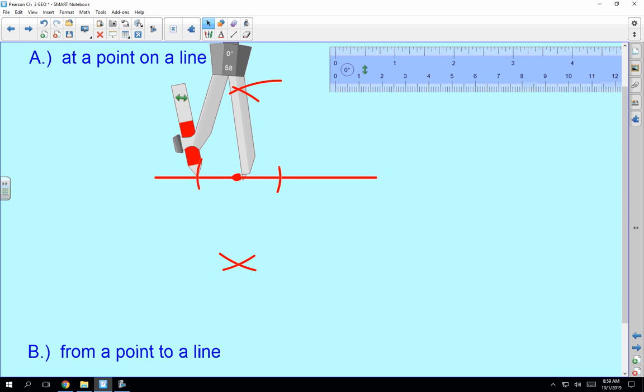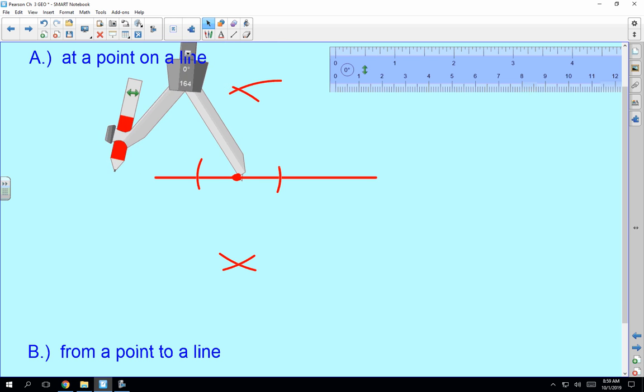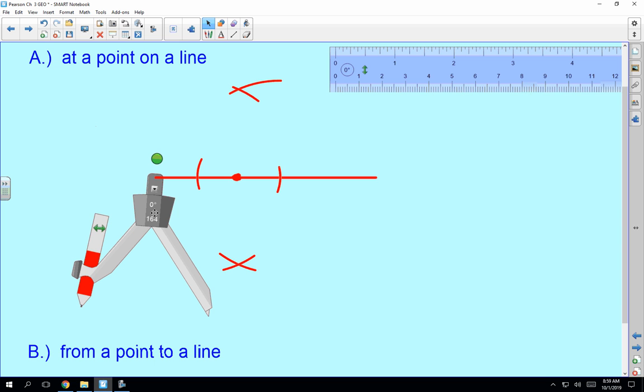So we swing an arc on each side, and then I stretched out the compass to get these two arcs out here, above and below. Or like I said, on yours you can use the outer circle. If you use the inner circle to get the TIE fighter wings, keep it locked and just use the outer circle to swing an arc above and below from each side of where the TIE fighter wings intersect the segment. And then if you connect those,